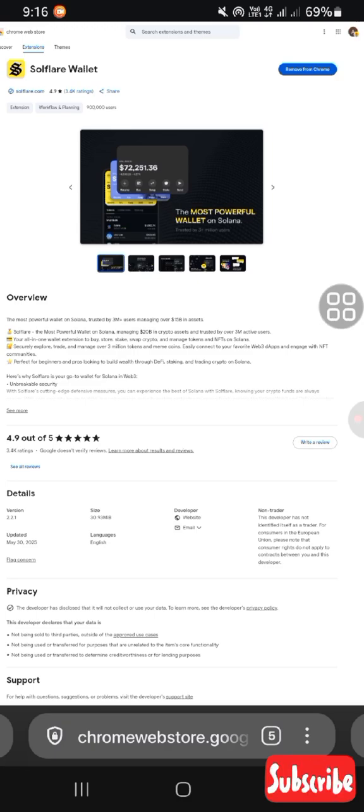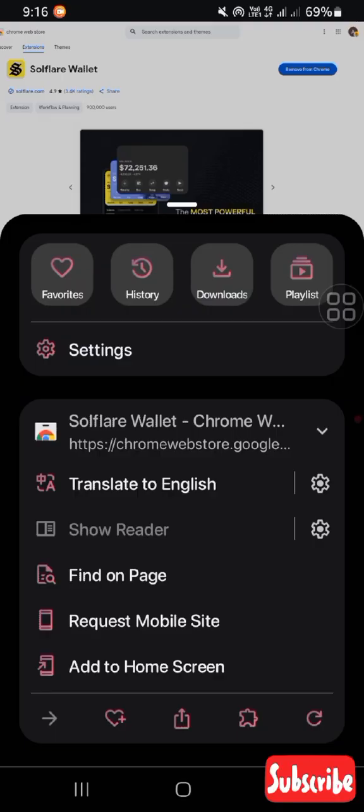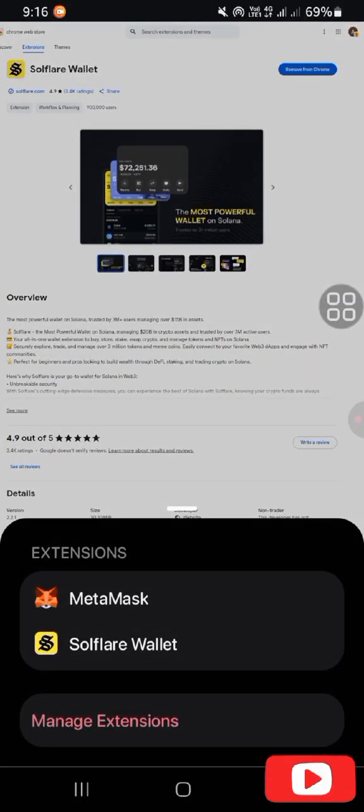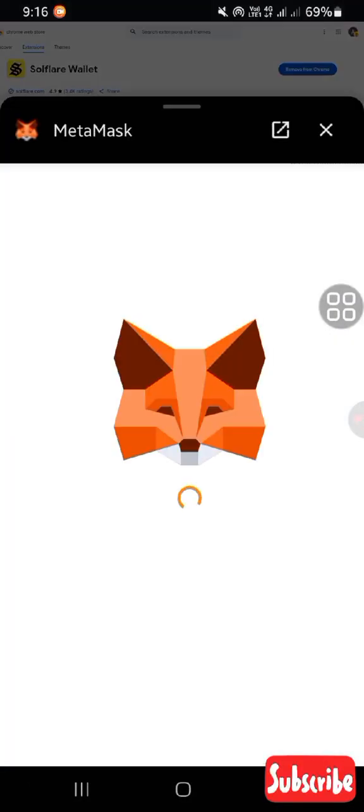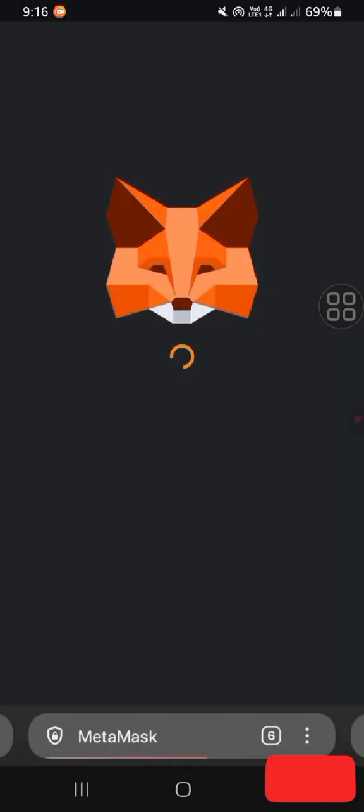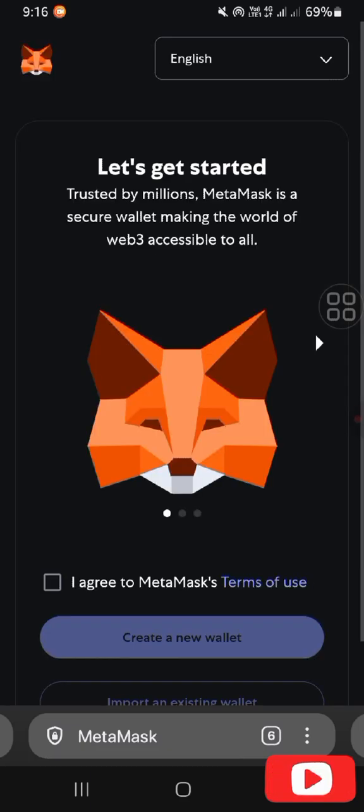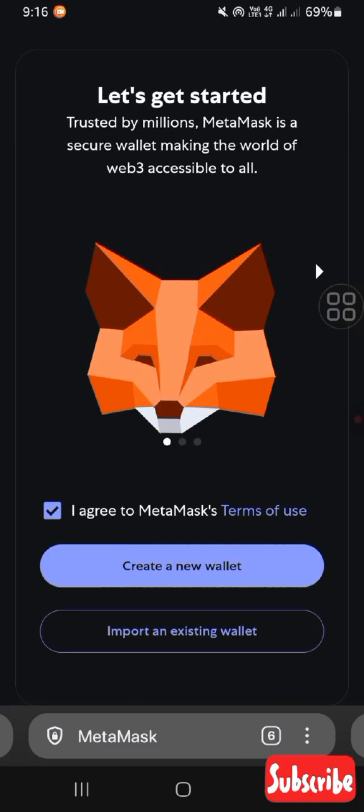Okay. So now, to create an account, if you are using Quetta, you click on extensions, and then you click on MetaMask. I really like starting with MetaMask, because when you create an account with MetaMask, you can now import the account to Solflare using the seed phrase that you were given in MetaMask, right? But that's for you that is brand new, you're not creating an account before, and you want to start, you understand? So now you tick here good, and that means you have agreed to all MetaMask's terms of